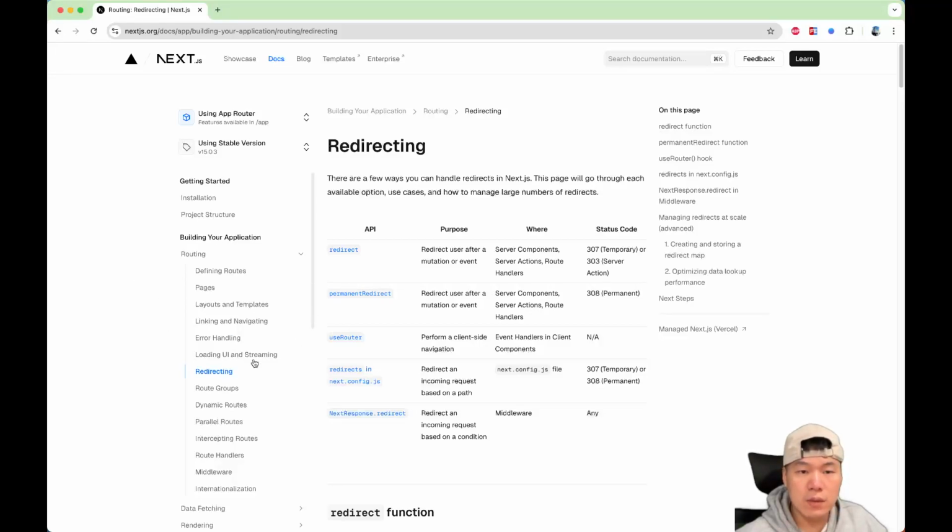Okay, next one I want to talk about is redirecting. So in Next.js, we have many different ways to redirect a user to a different route. We've got an API called redirect and a permanent redirect. The difference is they can return different status codes that have an impact on SEO. If we do a permanent redirect, it's going to refresh the index in Google